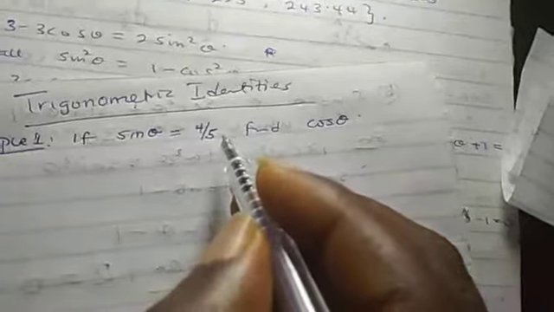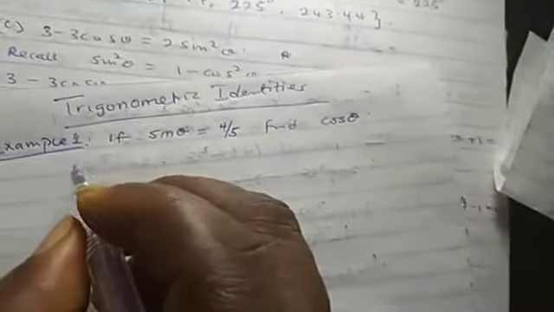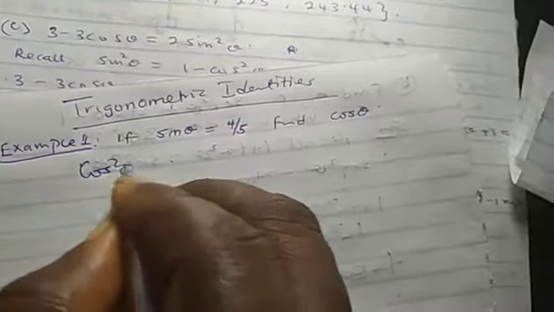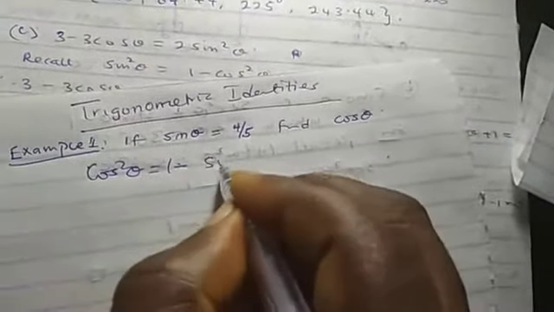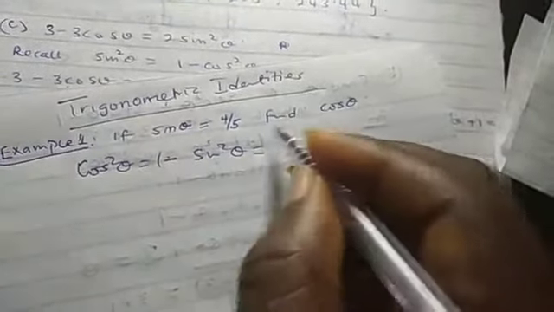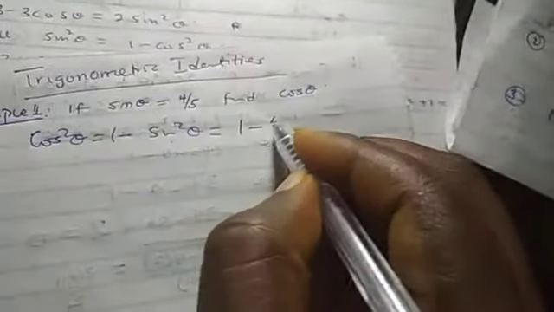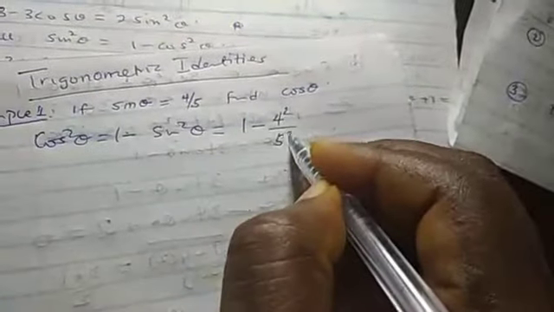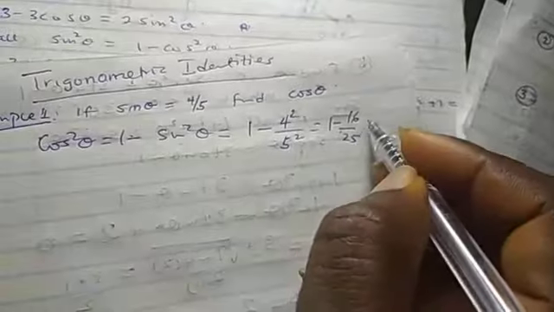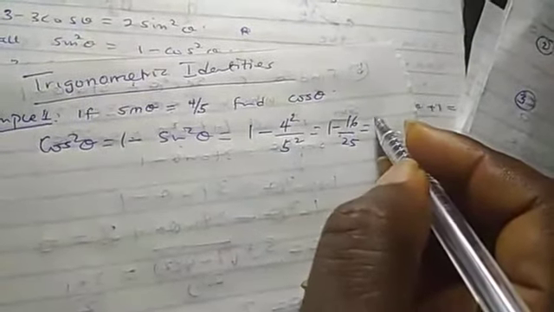If sin theta is equal to 4 over 5, find cos theta. To find cos theta, I will use the formula. I will recall that cos square theta is equal to 1 minus sin square theta. That will be 1 minus, our sin is 4 over 5. Sin square theta will now be 4 square over 5 square. That is 1 minus 16 over 25. And 1 minus 16 over 25 will give me